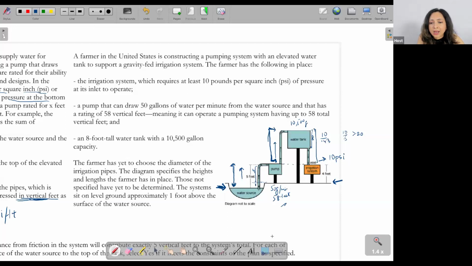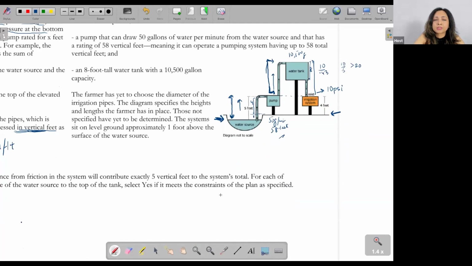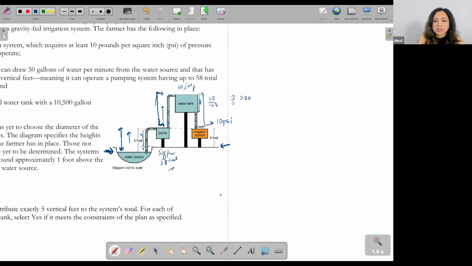So basically, if I were to make a small separate diagram just for clarity, I'll do that over here. Let's say I have my water source over here. This is my water source. Then I have the entire system sitting over here. So this is my pump, P, right? And this distance is how much? This is my 4 feet. Why? Because this entire thing is 5 feet, and I have been given that this is 1 foot. So then this entire thing is 4 feet, right?